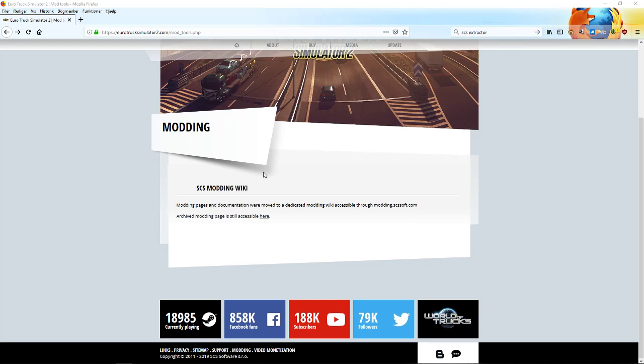Hello and welcome to my little tutorial video here on how to take a Scania engine and put it into a Renault truck. In order to do this, you'll need to go to